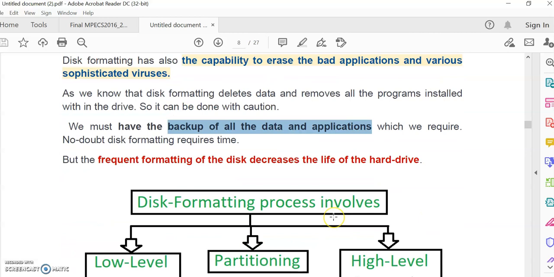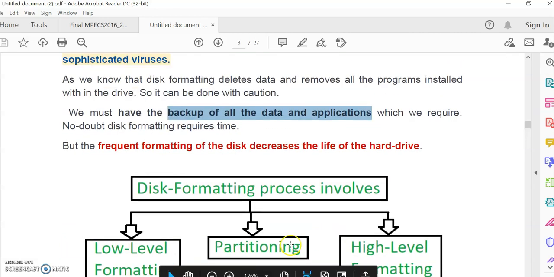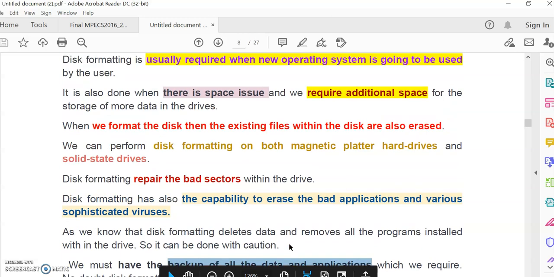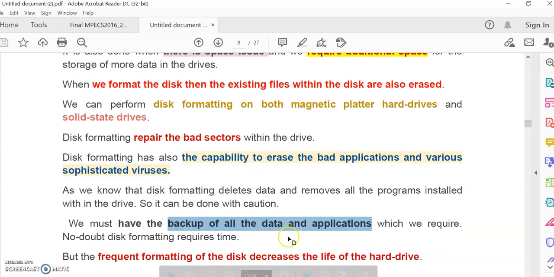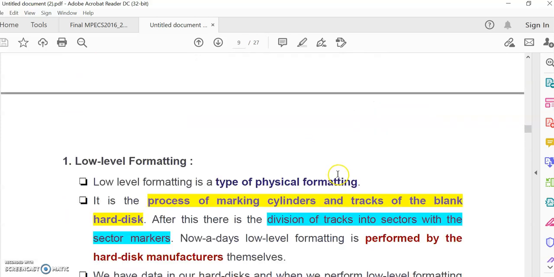If you apply disk formatting multiple times, your disk may get corrupted. It is necessary to format a hard disk for making partitions, if there is no space, or if we want to do some defragmentation. So these are the three processes involved. We will see them one by one.